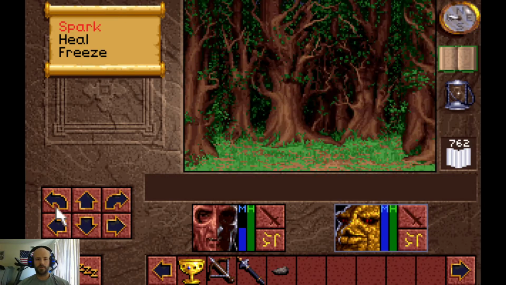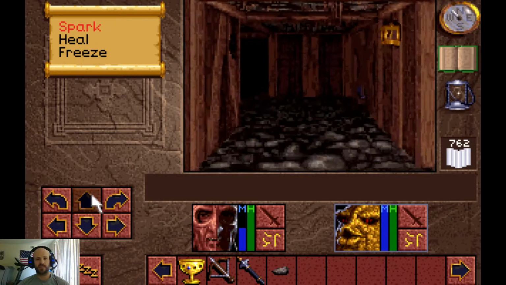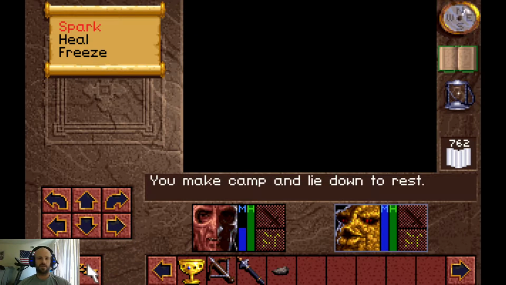Okay. I will turn around. And we're going to head down here. I'll wager this path leads to the Herbish mines. We will briefly pass through the Herbish mines. We're not going to open anything or go anywhere, because we are going to make a bit of a mad dash through just the very beginnings of